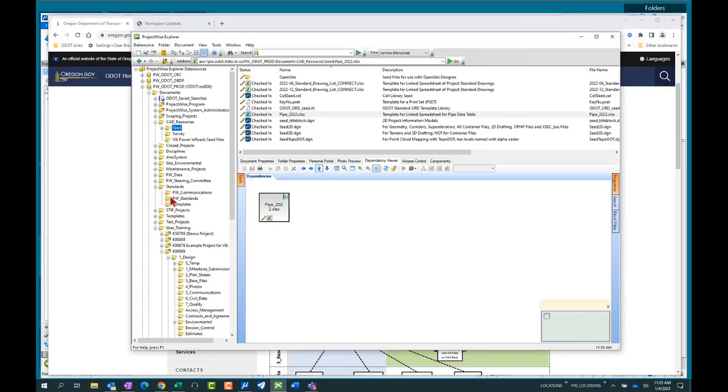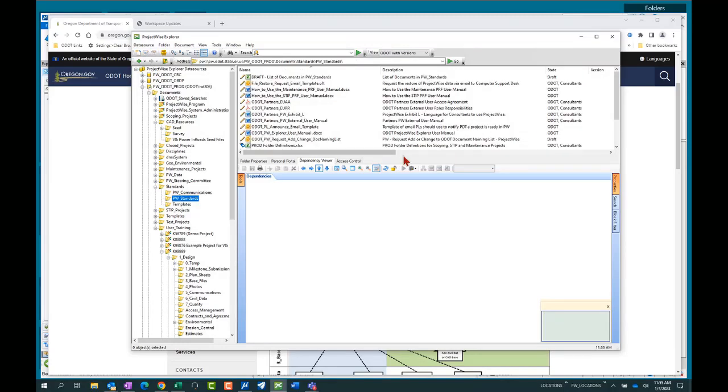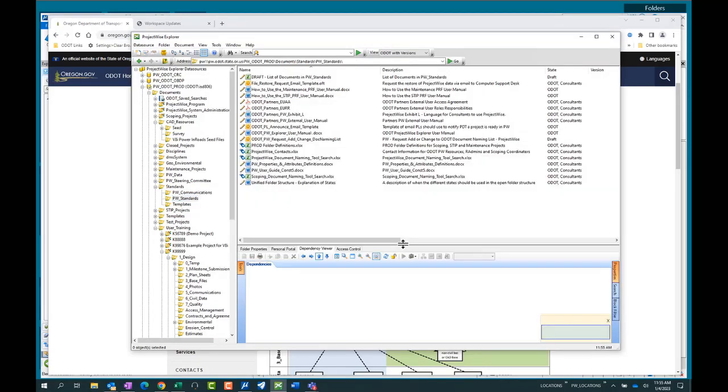So it's documents, standards, and there's a PW_standards folder. I had trouble finding this because they've inserted the name of the software. Now that we're going to ProjectWise 365, there's going to be 3 different pieces of software, not just ProjectWise. So the manual is now called